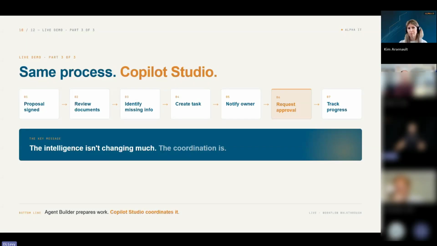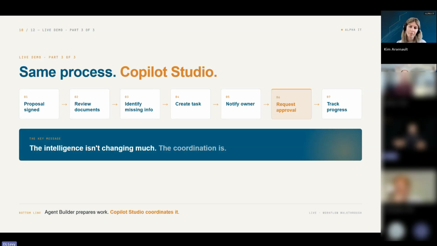If we had gone to our knowledge agent and asked it what's missing, it might tell us that the billing contact is missing and then expect us to go and do it. But a Copilot Studio agent could autonomously look for this information. It could create a task for the account manager, notify the onboarding lead, and route it for follow-up. It could even draft up an email in Outlook and send it for you if you wanted to go that far. So, much bigger responsibility, and because it is bigger responsibility, it needs stronger governance,